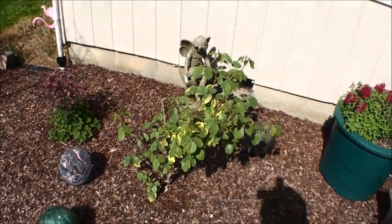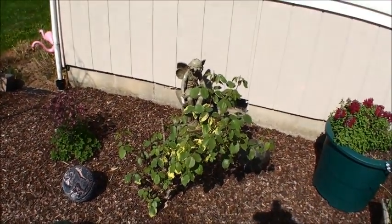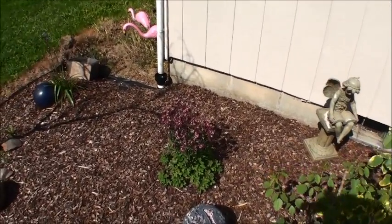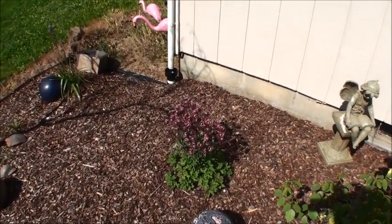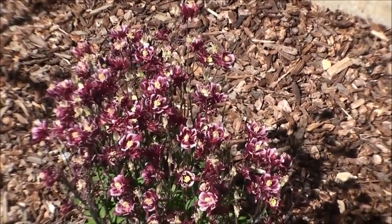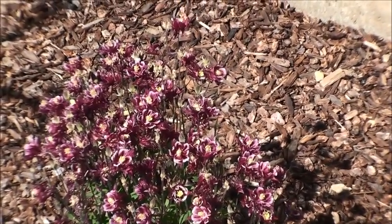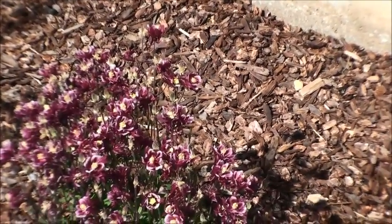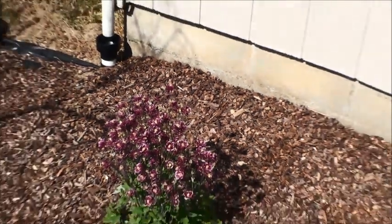The yellow on the rose I'm not too thrilled about. I'm sure it probably needs something in the ground. I don't remember what they call that. For some reason I'm thinking columbine, which that might be exactly what it is. And then